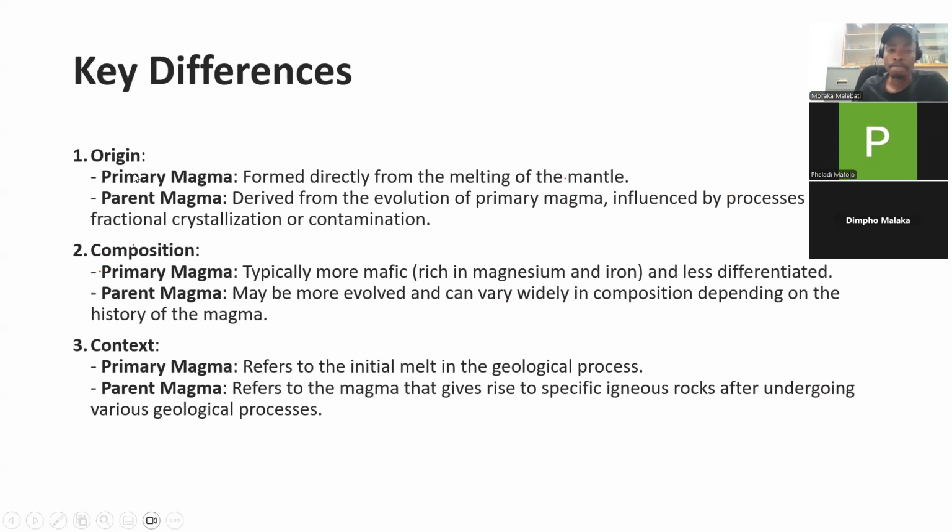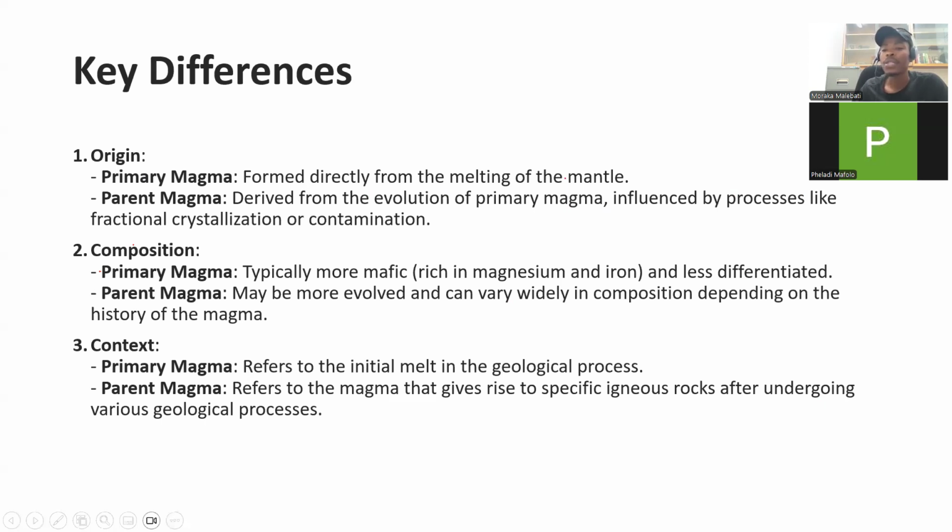the key differences in terms of origin: obviously the primary magma would be formed directly from the melting of the mantle, and it will represent the original or the initial composition before evolution. But the parental magma is derived from the evolution, when you are now evolving the primary magma. Okay, it will be influenced by processes like fractional crystallization or contamination. Okay, now in terms of composition, the primary magma will be more mafic, rich in